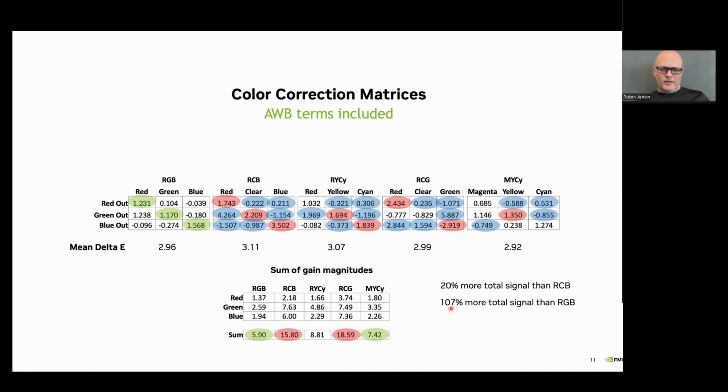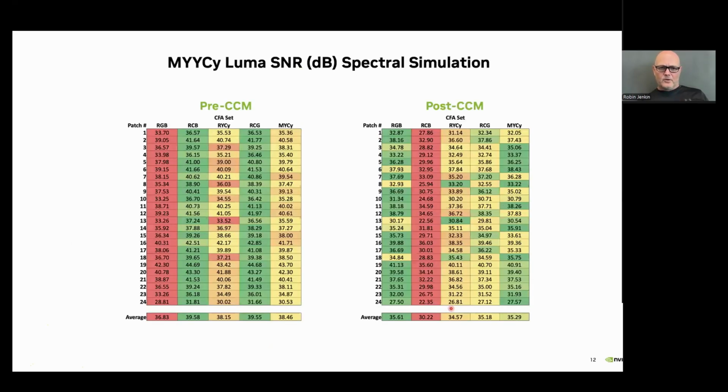One thing to note, just at the back of your minds as I carry on: RGB and MYCY seem to be coming out consistently at the top, and RCB and RCG consistently at the bottom in terms of the simulation. So that's really what we want to investigate, to see whether it could produce some decent results. So we do a spectral simulation, and this is